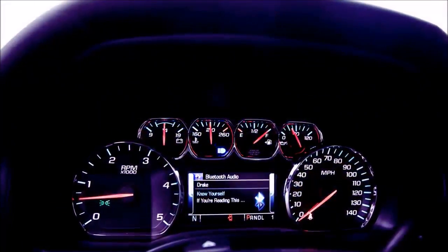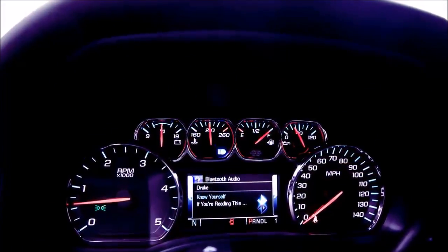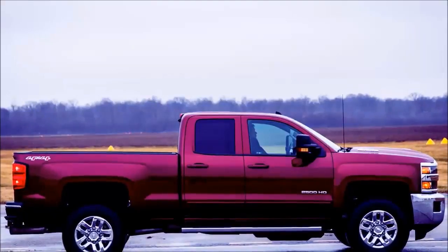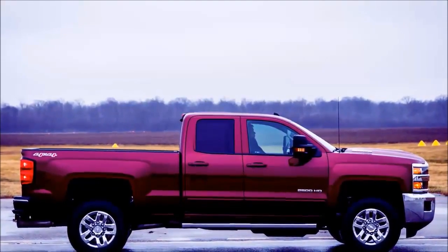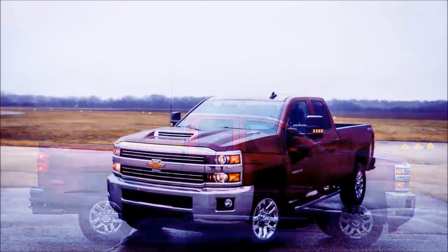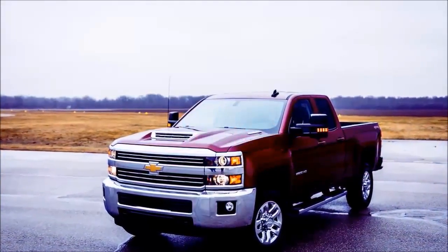Trims and options we'd choose. We kept our Silverado 2500 HD lean and mean by choosing the most sensible options. The practical LT trim paired with the crew cab and standard box starts at $44,225. Equip it with 4-wheel drive,